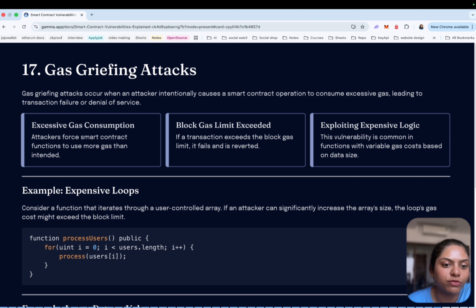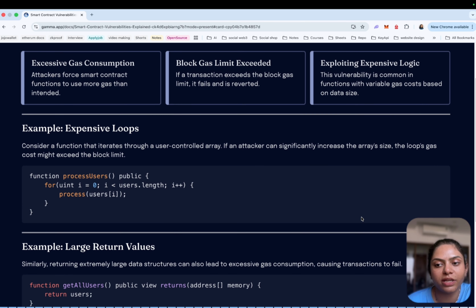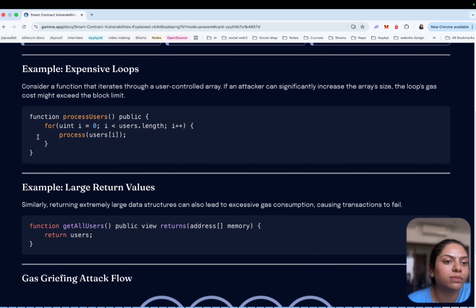One example is the expensive loop. Consider a function that loops through a large array. That function iterates through a user-controlled array. If an attacker significantly increases the array size, the loop gas cost might exceed the block limit.